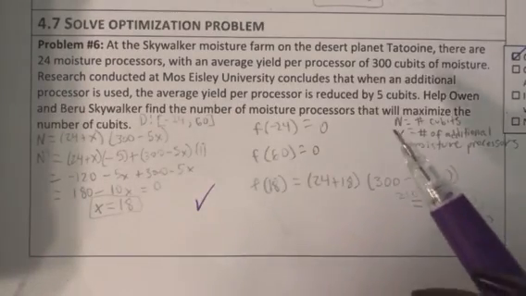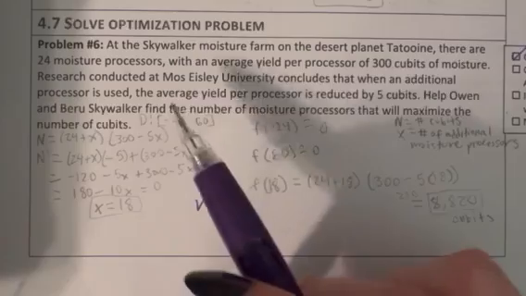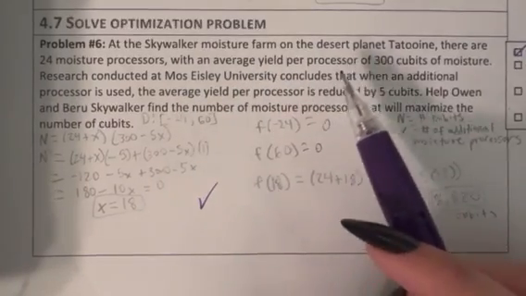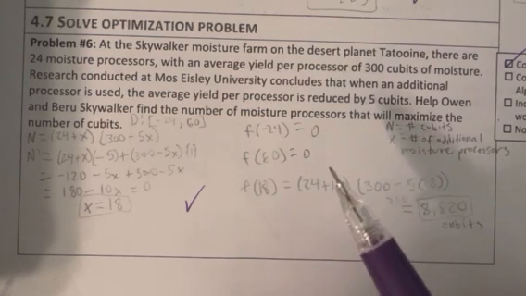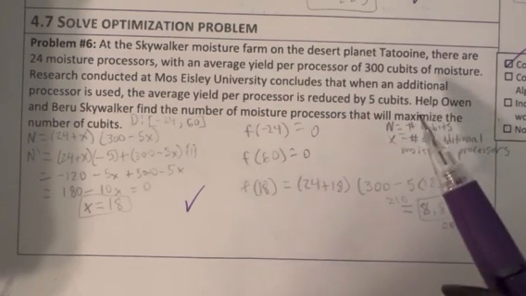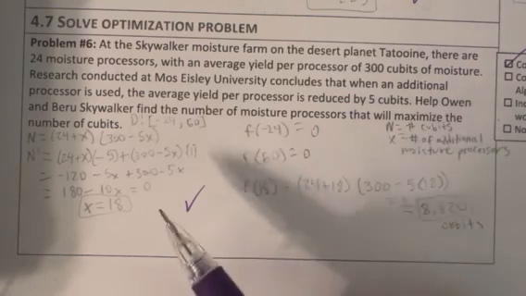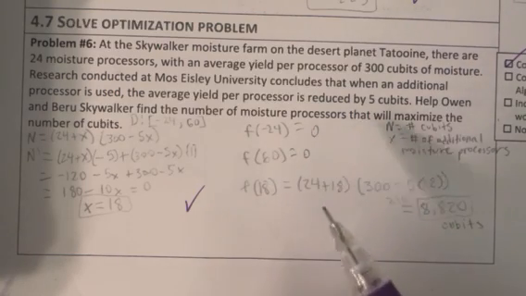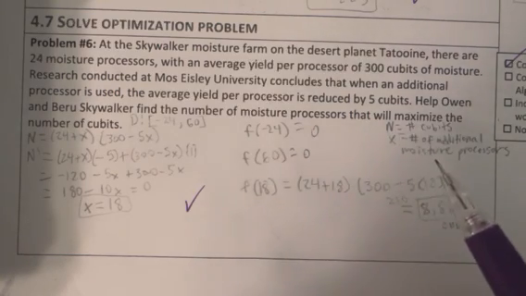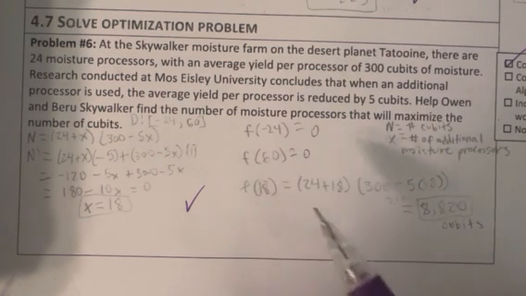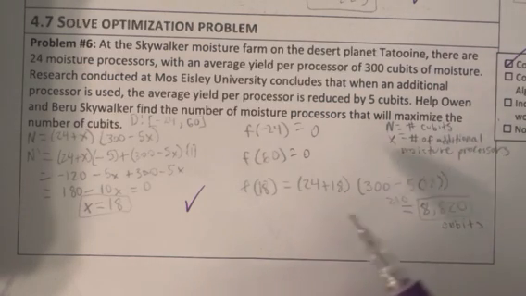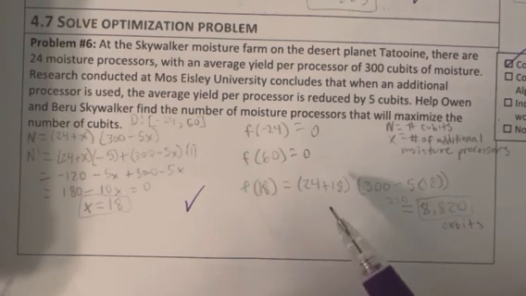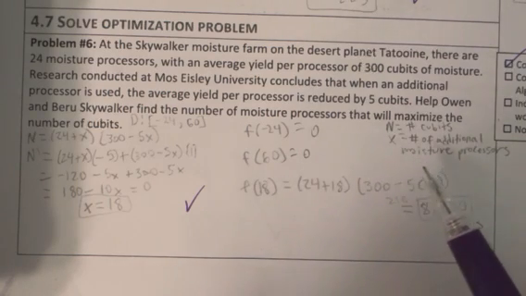Okay, solving optimization problems. At the Skywalker Moisture Farm on the desert planet Tatooine, there are 24 moisture processors, with an average yield per processor of 300 qubits of moisture. Research conducted at Mos Eisley University concludes that when an additional processor is used, the average yield per processor is reduced by 5 qubits. Help Owen and Beru Skywalker find the number of moisture processors that will maximize the number